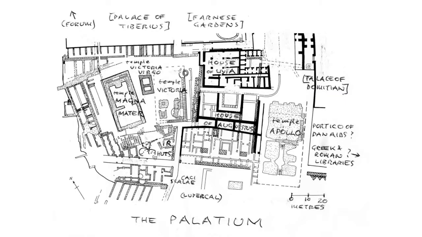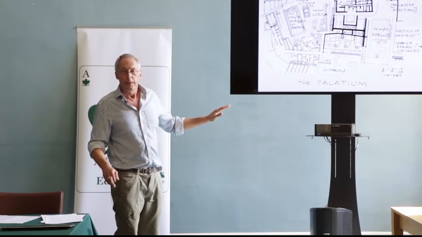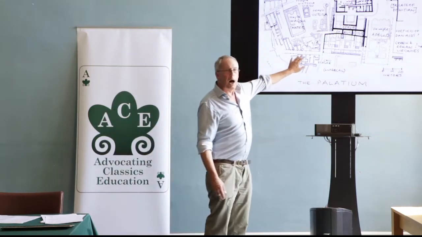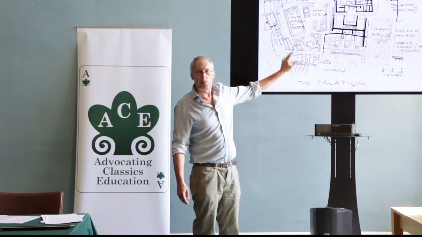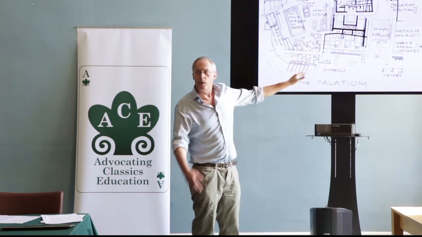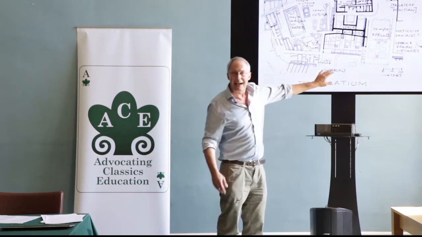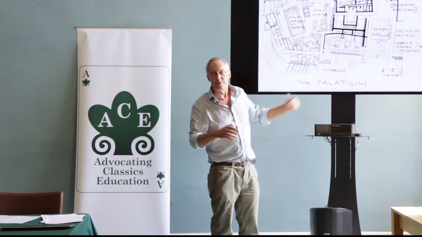His house. I'm not going to go into this in great detail, but he acquires some land on the Palatine Hill, and he builds a house, and it's described in Suetonius as being a very modest house, but actually it's part of a huge complex. It's built near some huts, which the Romans had already decided were the huts of Romulus. So he's linking himself to Romulus. And down there is the Lupercal. That's where the wolf brought up Romulus and Remus.